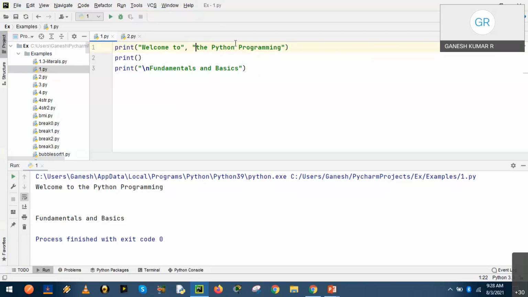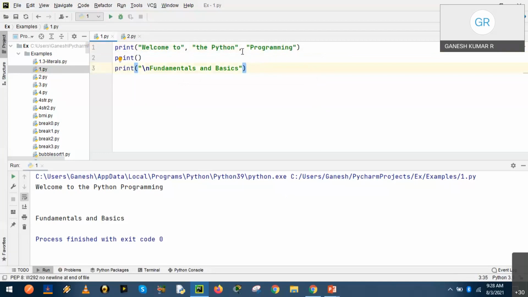So, welcome to the Python. So the print function is invoked with more than one argument. Here in this statement we have argument 1, argument 2 and argument 3.